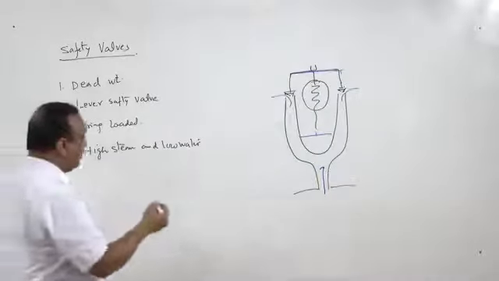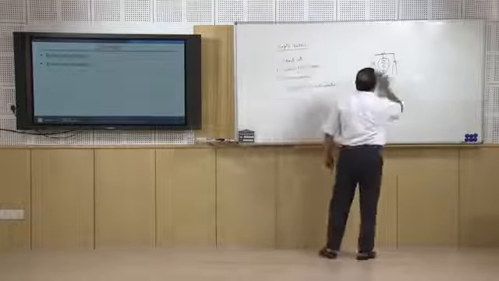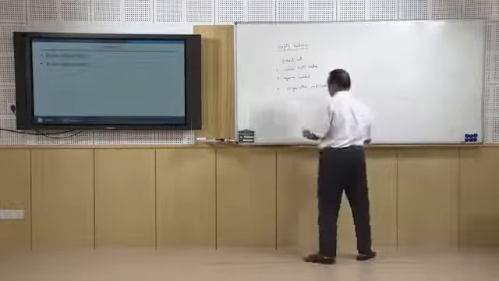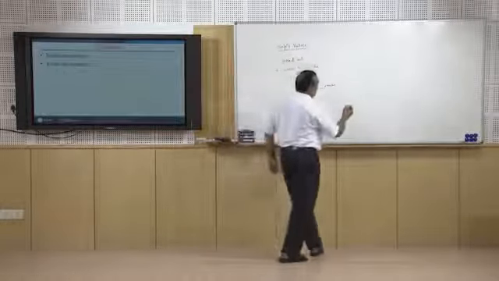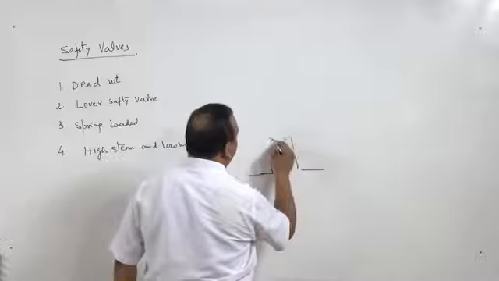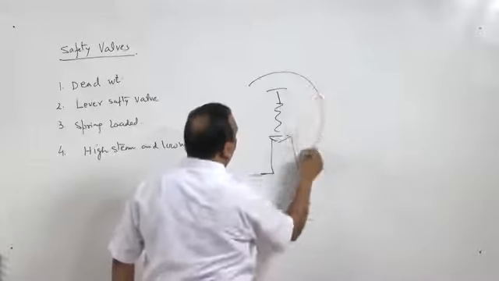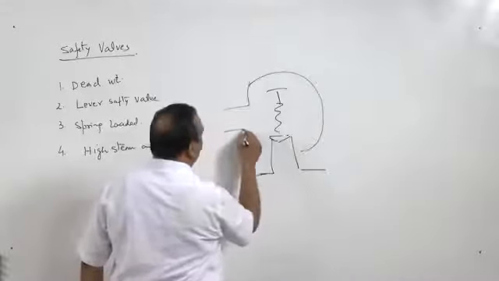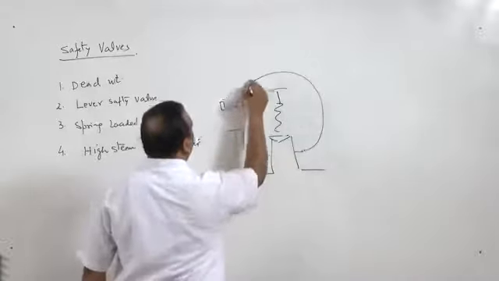So, it can have this shape, it can have another shape also. Another type of arrangement of the spring loaded safety valve is something like this: this is the boiler shell, this is the opening, this is the stopper, above it there is a spring, this is the valve housing, from here the exit of the steam is taking place, and they are flanges.